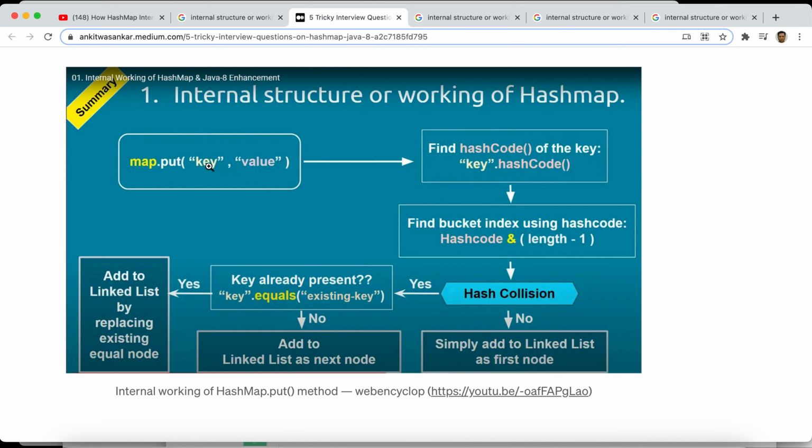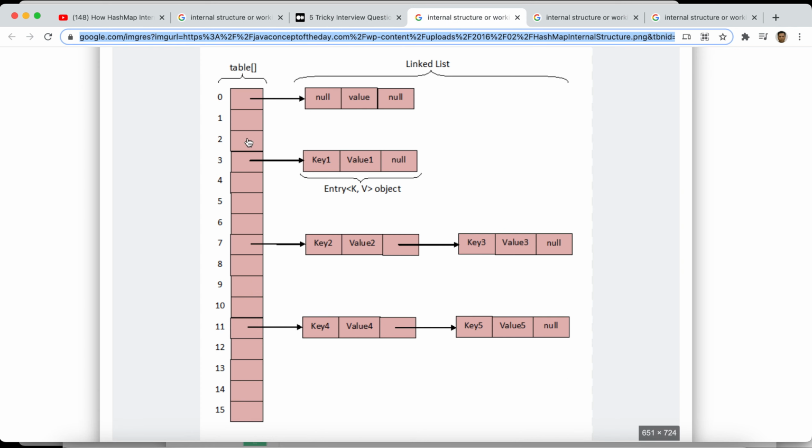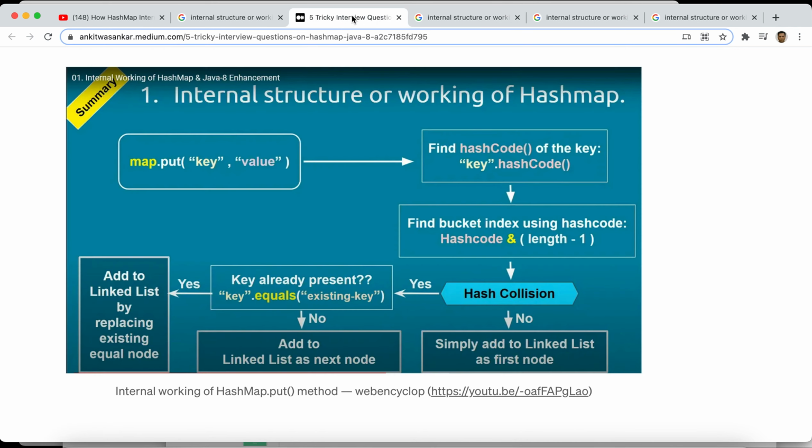Then we put the key and value. If we execute this command, internally the hash method will be executed to calculate the index. See, find bucket index using hash code.